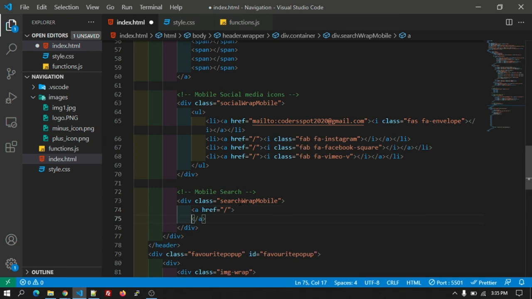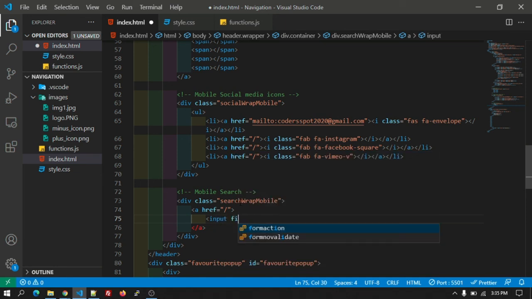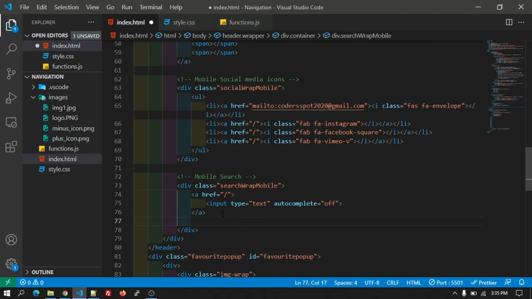Okay, inside the anchor tag, let's create the input field. Input type text, autocomplete should be off. It should be inside the anchor tag, and after that let's create one more anchor tag.